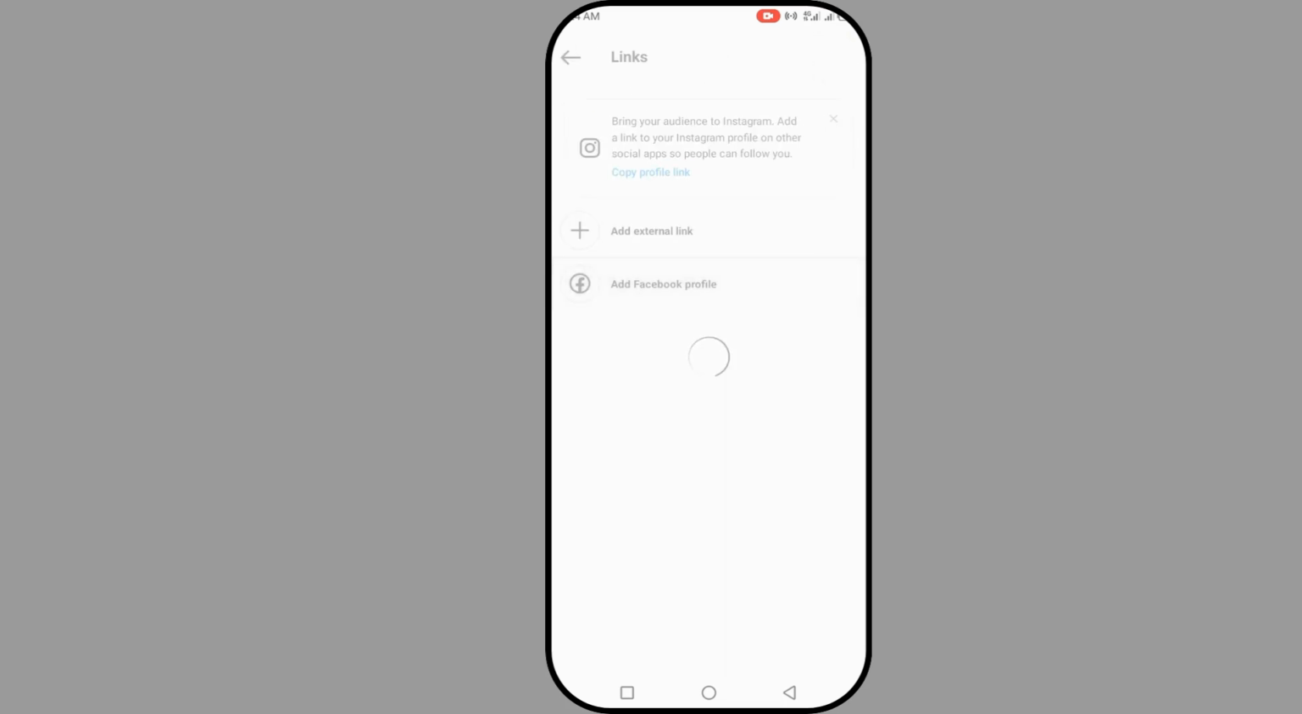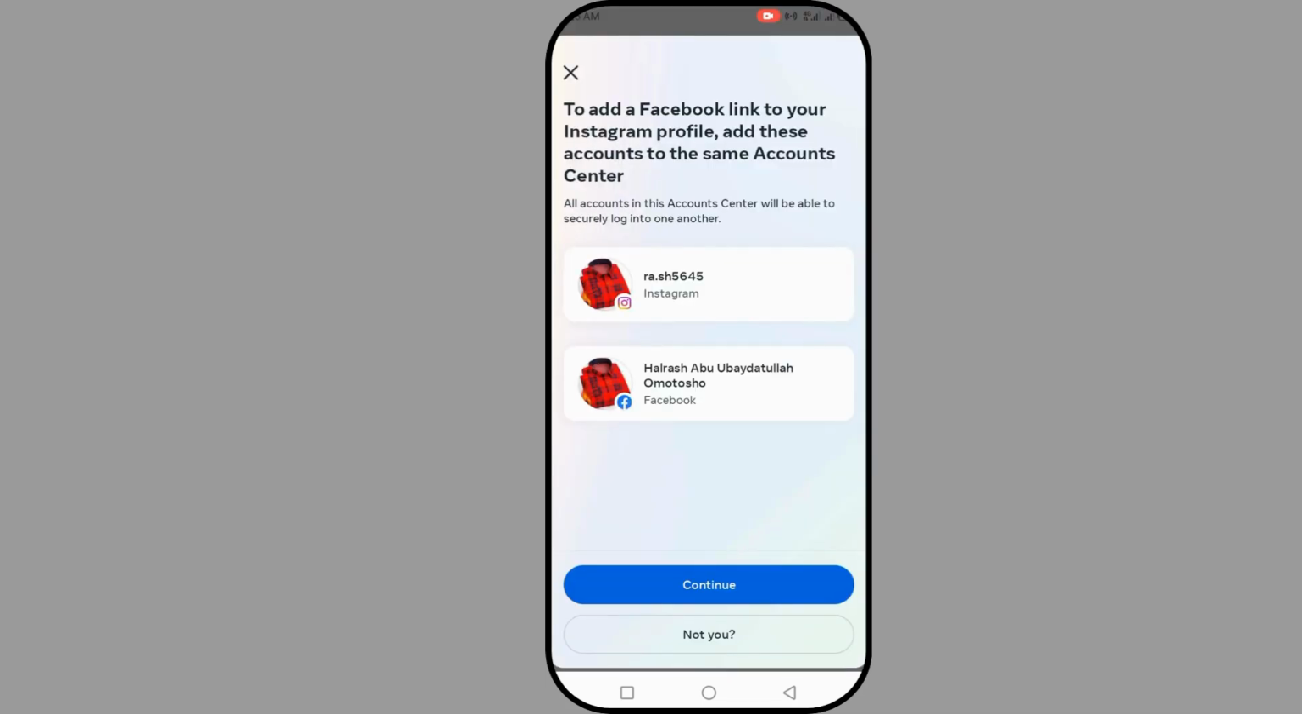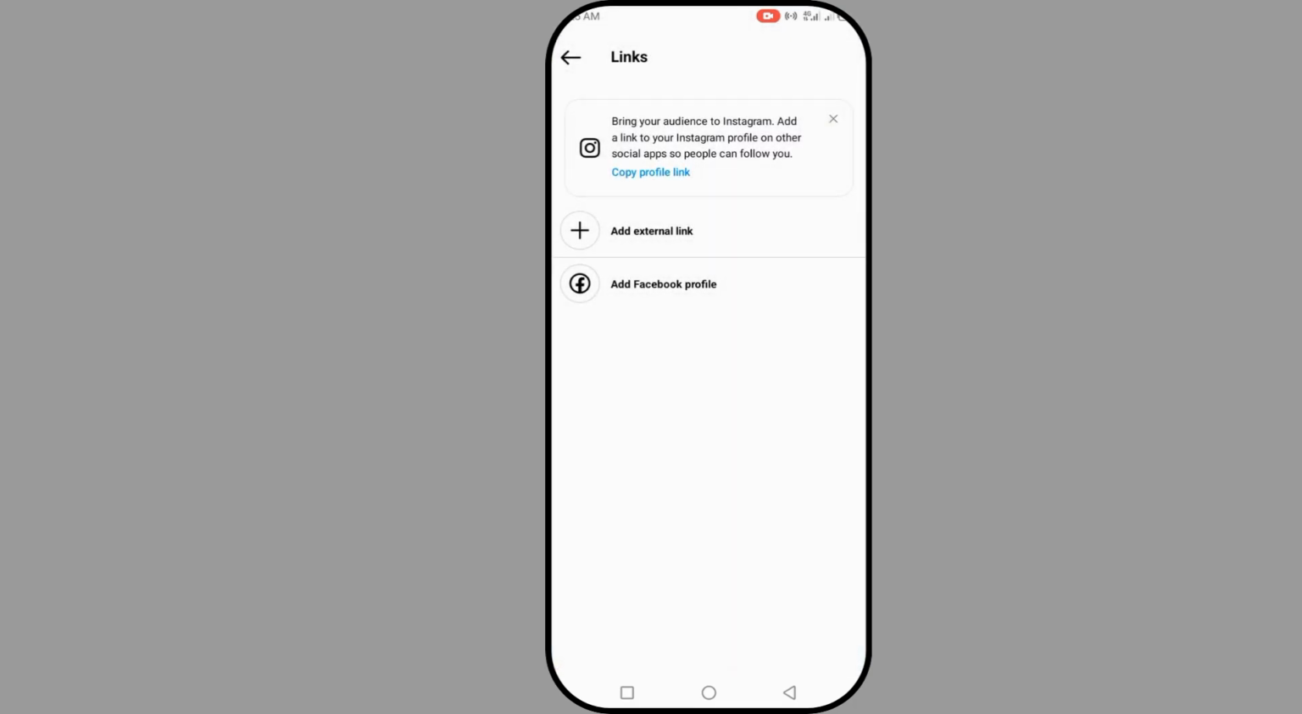And with the Facebook profile, just click on Facebook profile and it's going to take you to Facebook, and you can see, just click on anyone you want to add. Once you click on it like this, click on continue and you'll be able to add any link or any profile on your Instagram for business opportunity or